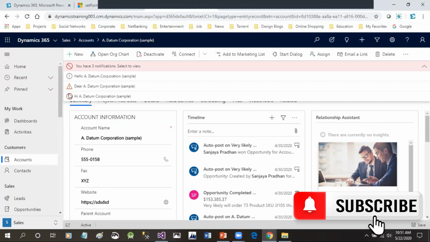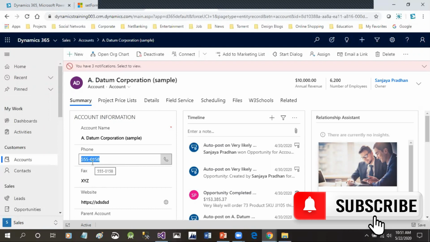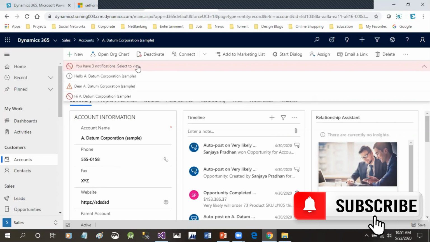You got it? Now, according to your business need, you can configure this type of notifications for users, so that users will follow the right way of providing data for a specific field, right? For example, let's say someone is giving 9 digits as a phone number, which should be 10 digits. Then you can give a notification here on the on change event of this phone number to display that you have provided a wrong phone number, right?